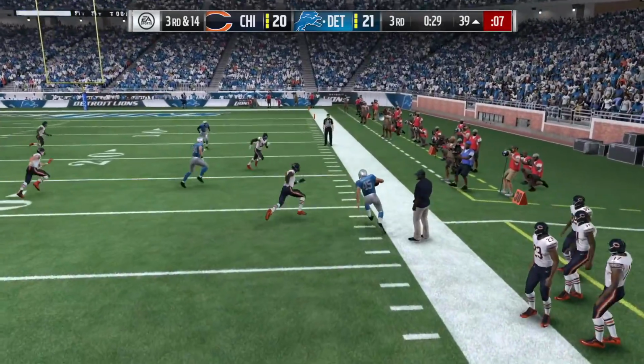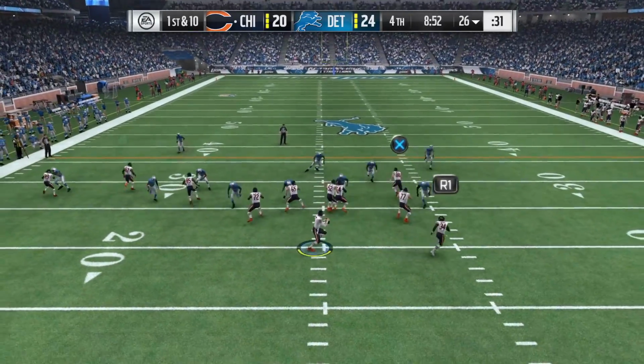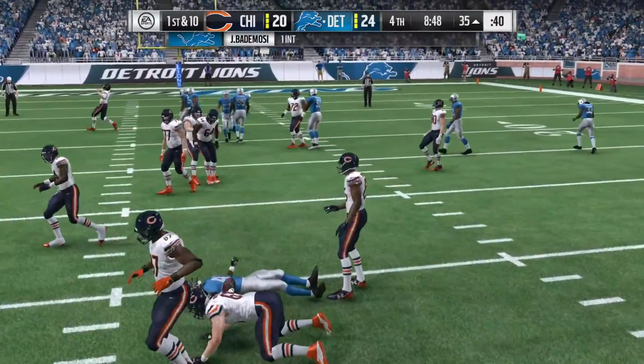Now 3rd and 14 as we try to get them off the field. It's going to be Wolf. That's the rookie there that we were looking at in the draft. Didn't end up getting him. The Lions took him a few picks before ours. He's going to be out, and that's going to be 4th down. The Lions do get a field goal, and then the next drive, first pass from Mike Glennon, we throw it